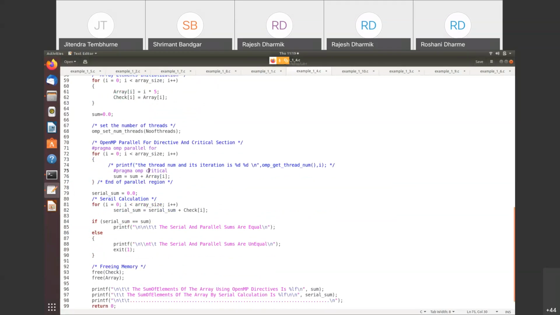Sum is equal to sum plus array. But if you see here, sum is written on the left hand side and sum is available on the right hand side. That means on the left hand side you are writing with respect to sum, and on the right hand side you are reading with respect to sum. So there is a chance of dependency. Here you are reading and here you are writing,